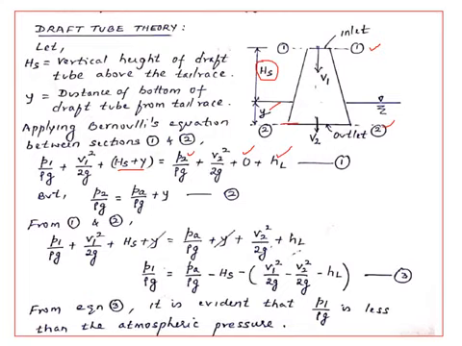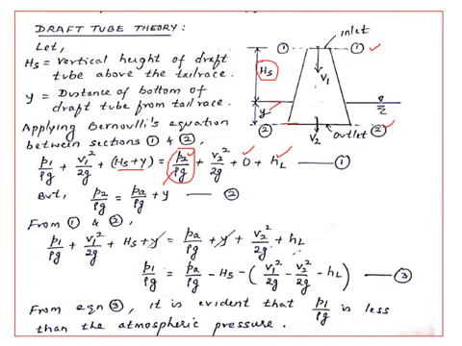So we can also write what is P2 by rho g. P2 by rho g is nothing but, here it is at the tail race, the atmospheric pressure, so it is Pa by rho g. As we move downwards, the pressure increases, so plus Y meters of liquid. So if you substitute this P2 by rho g as Pa by rho g plus Y